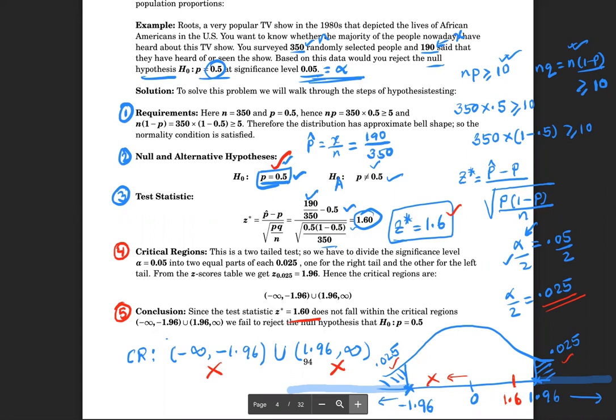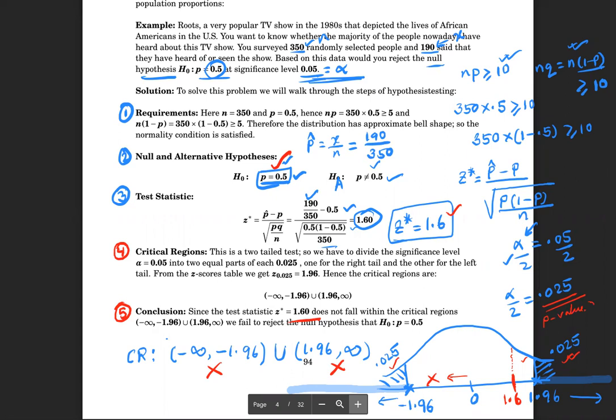Now your test statistic is right here, 1.6. If you consider the area to the right of this test statistic, which will be this blue shaded region plus this unshaded white background region, that means your p-value